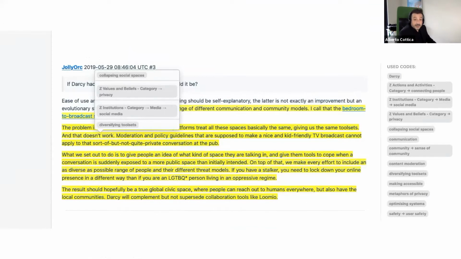In this example, the second sentence is associated to collapsing social spaces, privacy, social media, and diversifying tool sets. And we do this with a piece of software we call Open Ethnographer. Unlike any other software for ethnographic coding, Open Ethnographer is integrated with the forum platform, so the data live in the